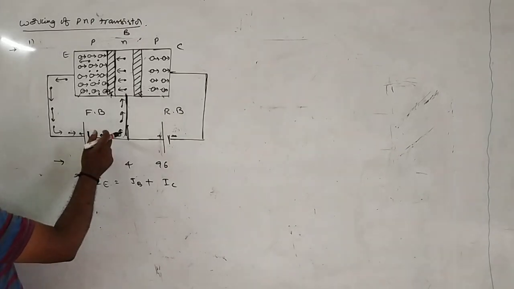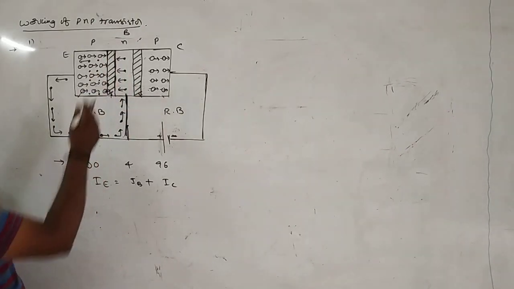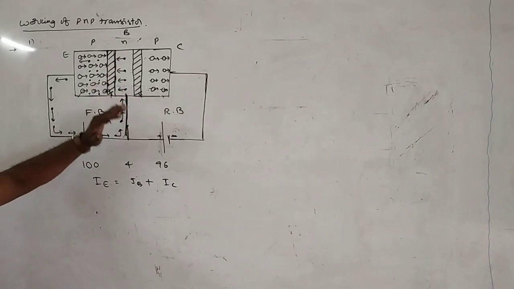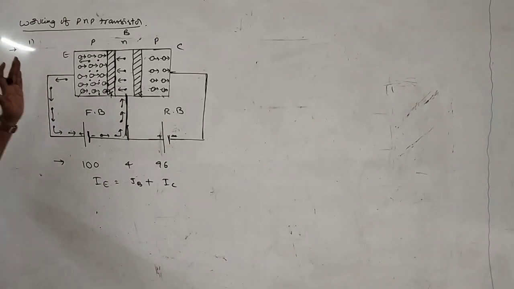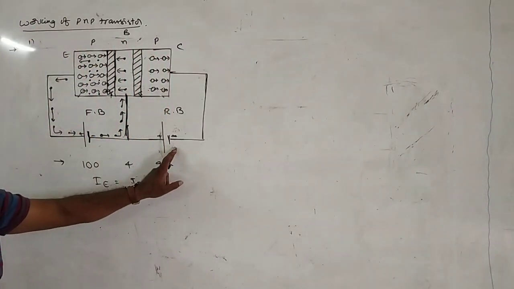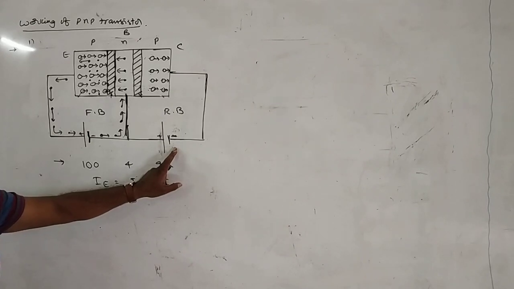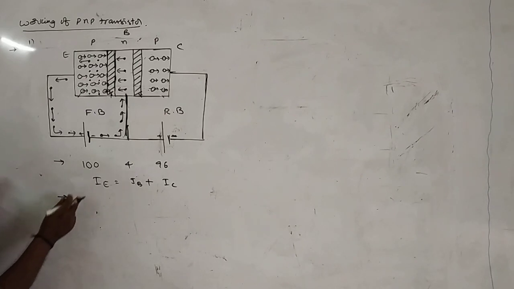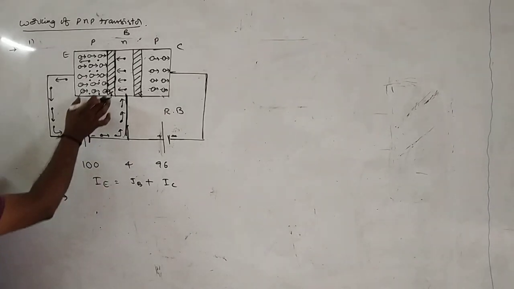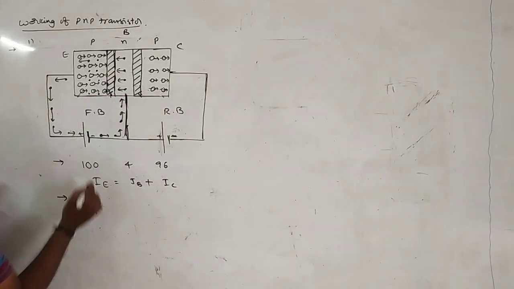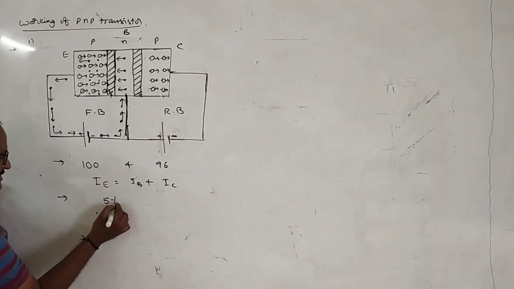Continuously, by moving, the electrons will break the covalent bonds, such that electrons and positive charge holes are continuously created. That's why current will flow through the PNP transistor continuously by connecting the two diodes, or two batteries. Okay. So here, for 100 positive charge holes, a few positive charge holes are recombined in the base region, approximately less than 5%.